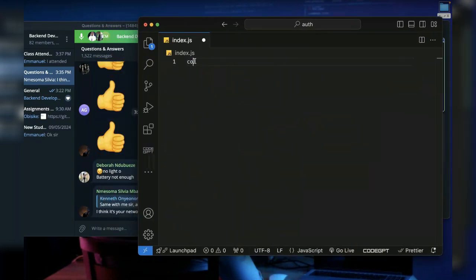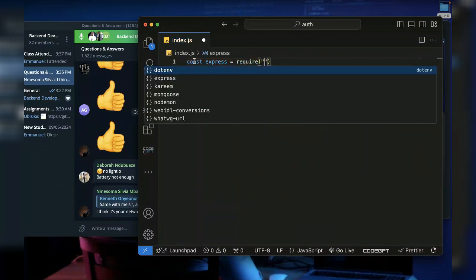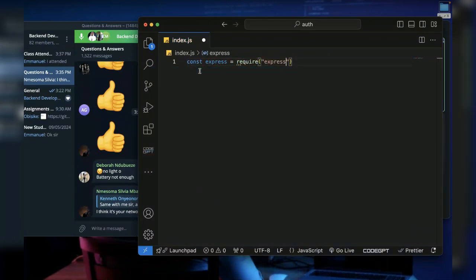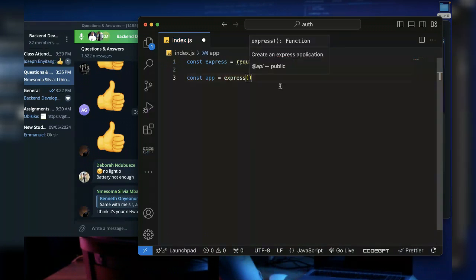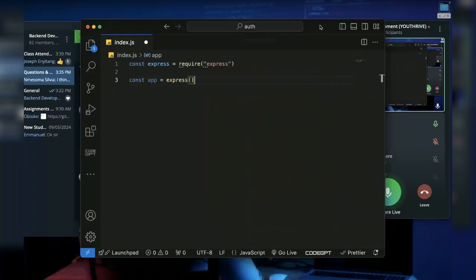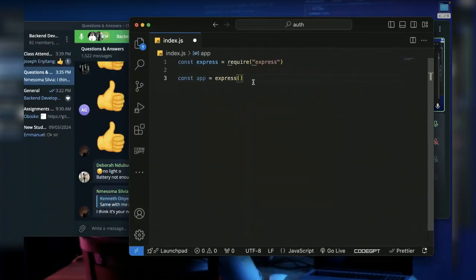So to set up my server, I will bring in Express. Const express is equal to require the Express I installed. Then I want to set my app to run on the Express server. If I get to the part where you are still confused, please ask questions, stop me. Okay. So const app is equal to express,